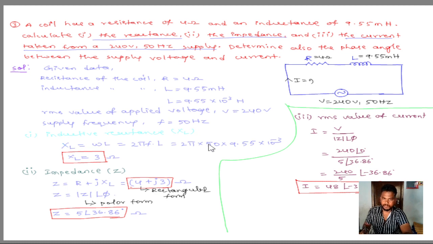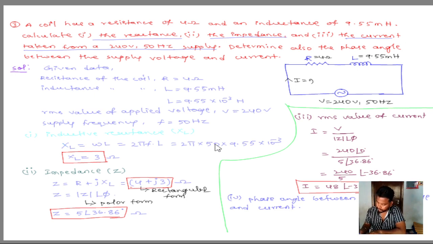And the fourth one, we need to calculate the phase angle between supply voltage and current. That is phi is equal to